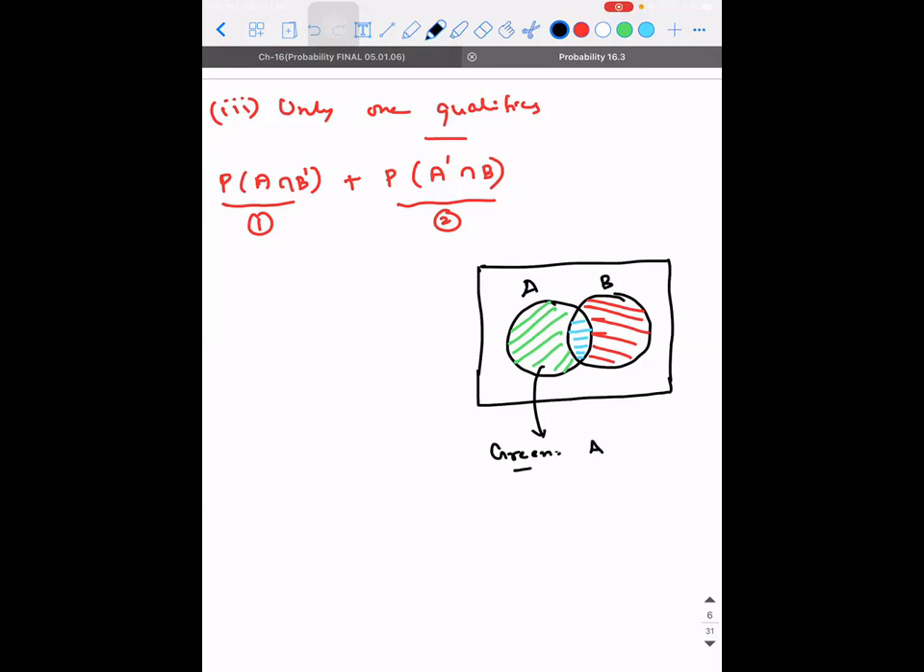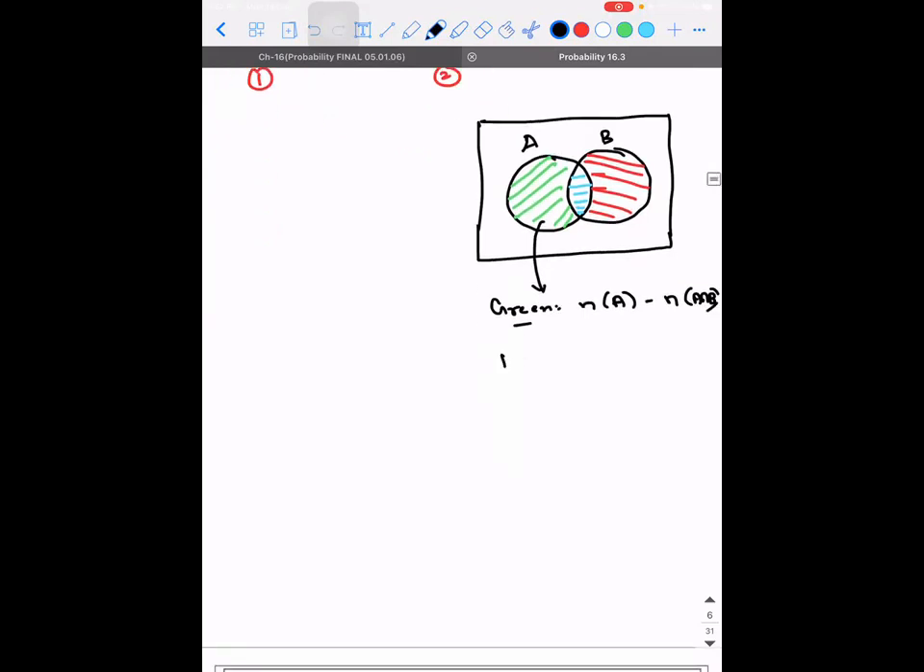So green region is what? A minus, A minus B, no. A minus A intersection B. Yes, it is A intersection B. Only thing I need to add is I cannot write it as A because I cannot directly subtract sets. I can talk about the number of elements in A minus the number of elements in A intersection B. What about the blue region? It is only A intersection B. What about the red region? It is